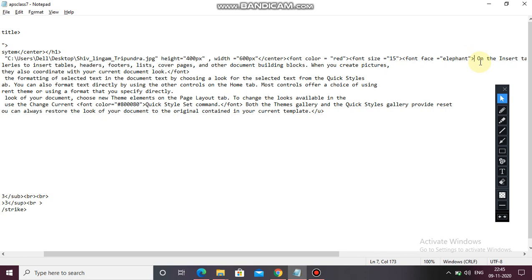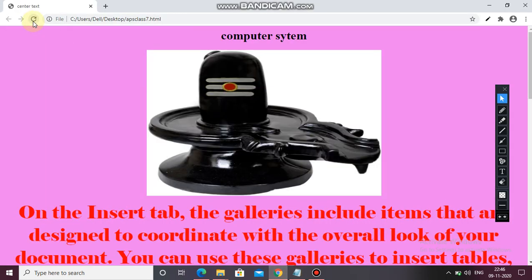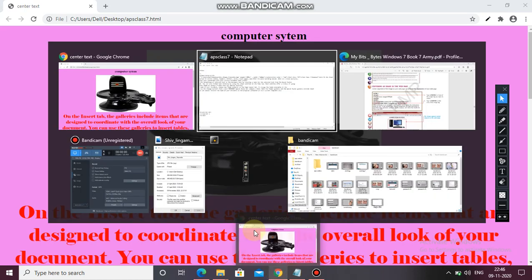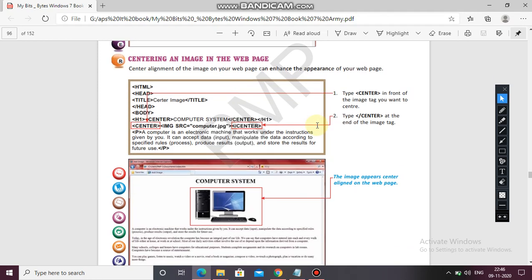So we are using the BR tag. Control S. See, now it has come to the center. So by this I hope you got it, how you can put your image in the center.